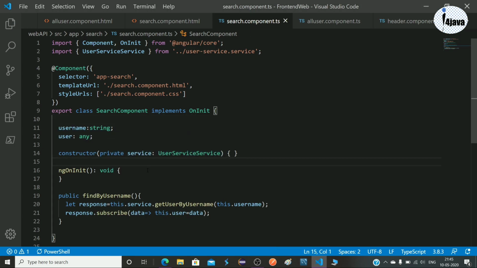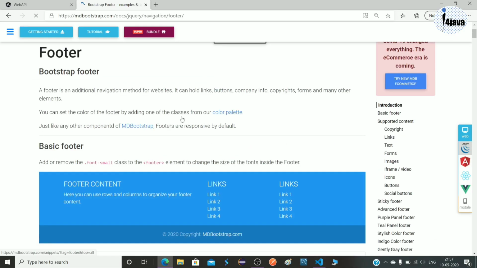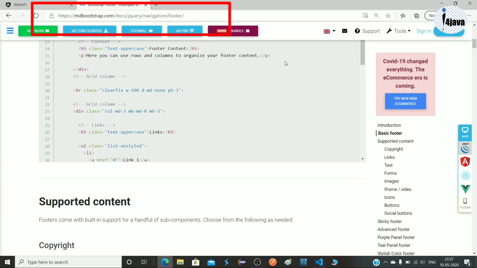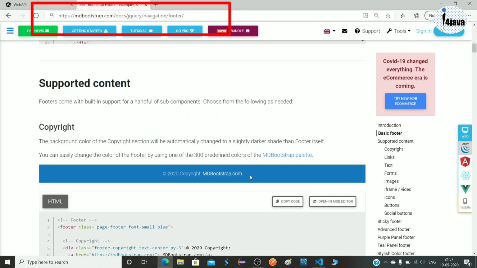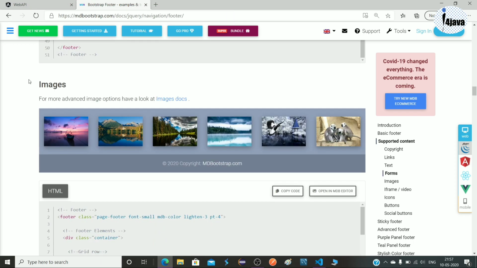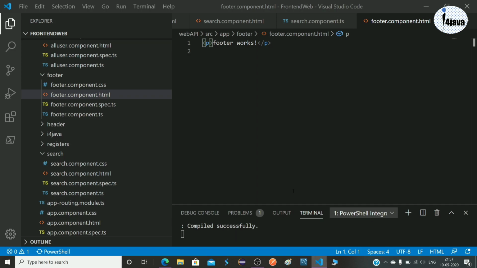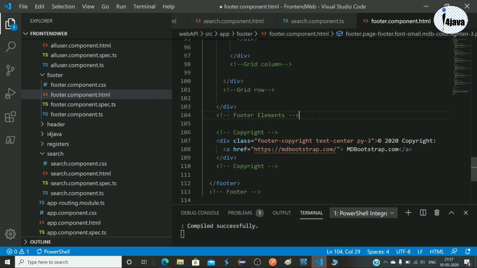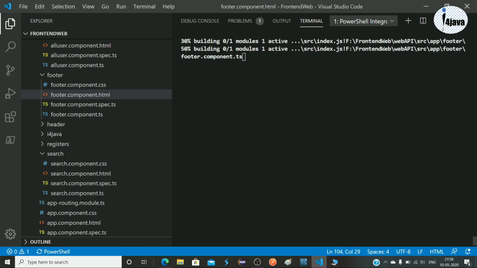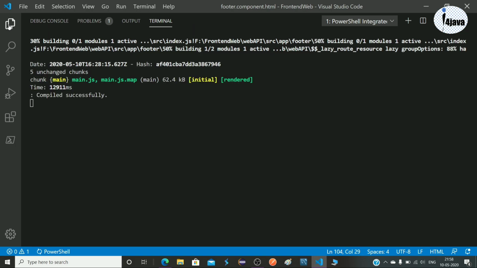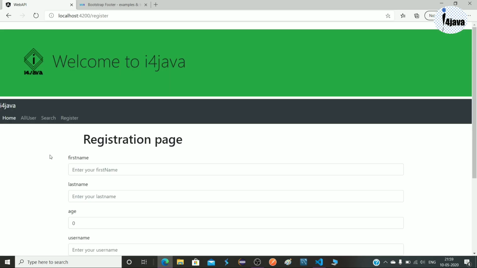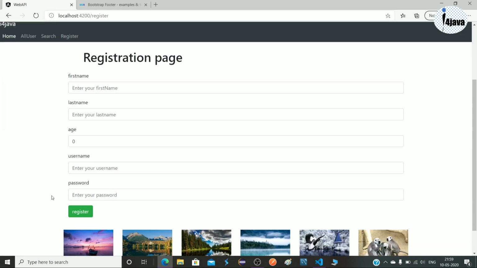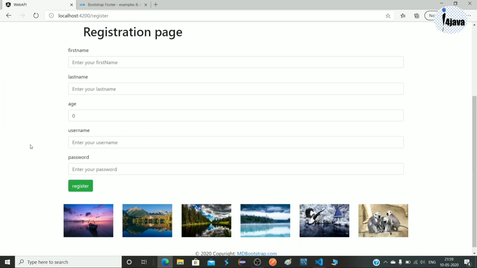After completion of the search component, go to your browser and hit this URL where the images are visible. Just copy it and paste it in your footer component HTML, and you are all set.